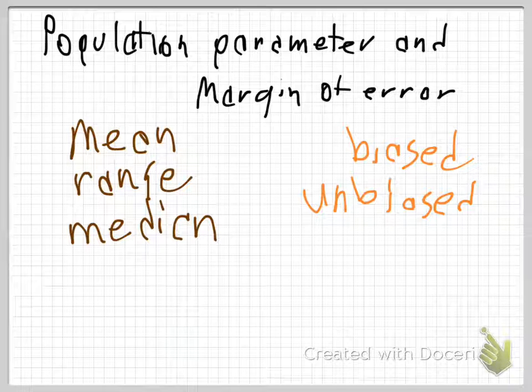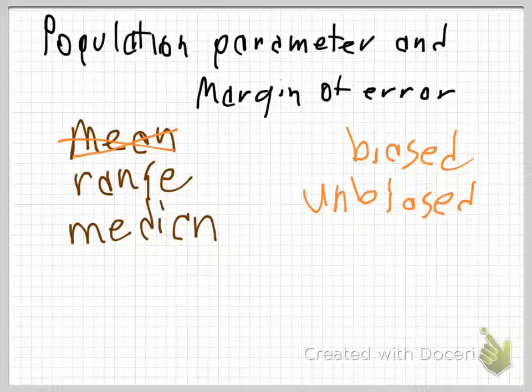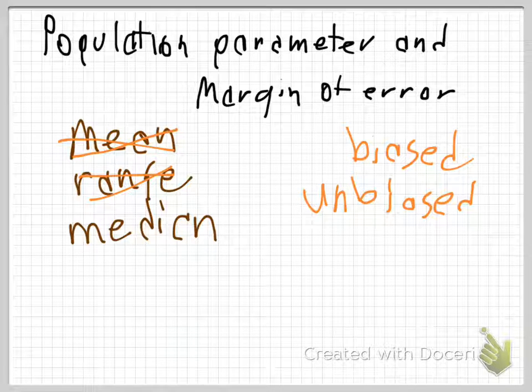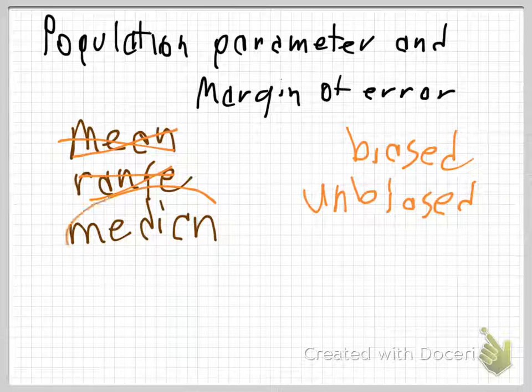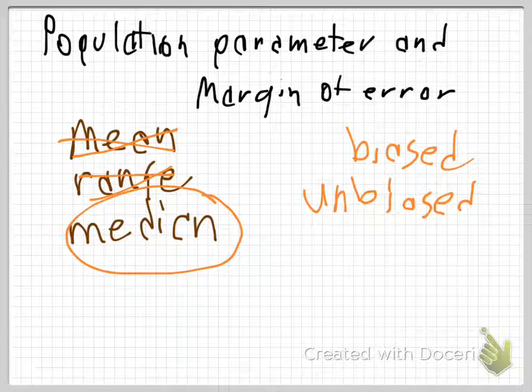Now, to illustrate this point, let's think of some ridiculous outlier. If we were to add in a ridiculous outlier to a set of data, it would wildly skew the mean, probably pulling it way above what the actual population parameter is. And so this is a biased parameter. Range is the same. If you were to add a ridiculous outlier, it would incredibly expand the range, probably beyond what you would expect for the population. Median, on the other hand, would be unaffected by such a large outlier, and so we call it an unbiased